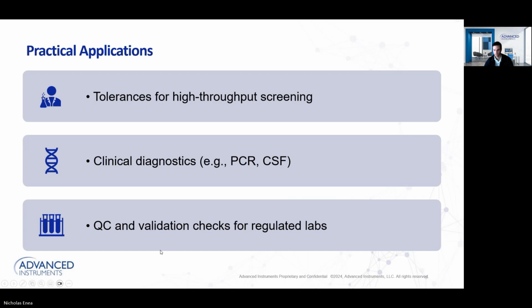Okay, cool. Well, let's keep going on. So we talked about tolerances. We talked about